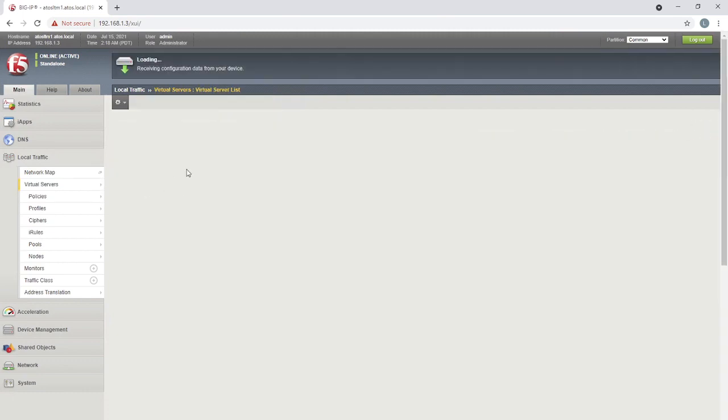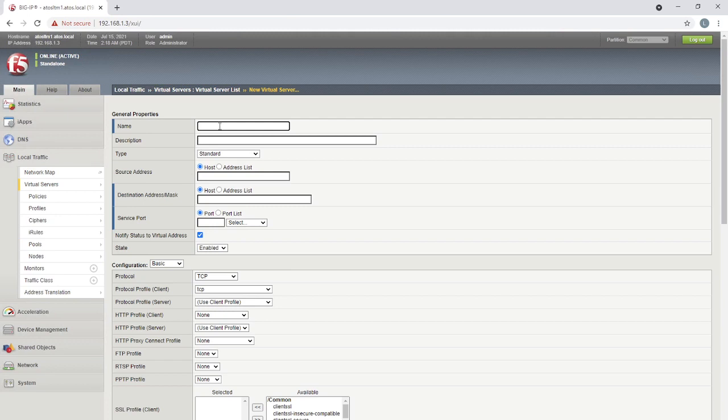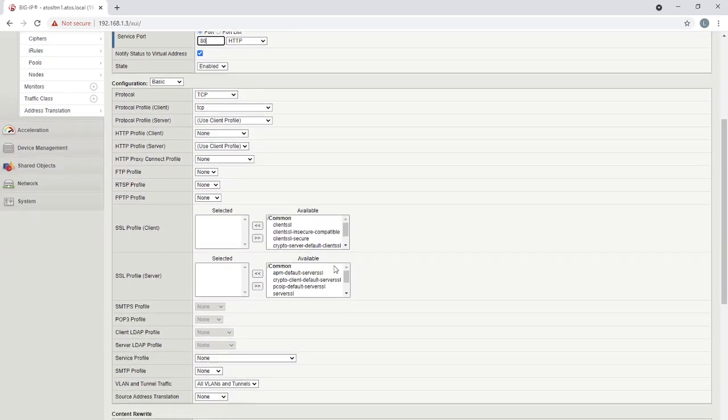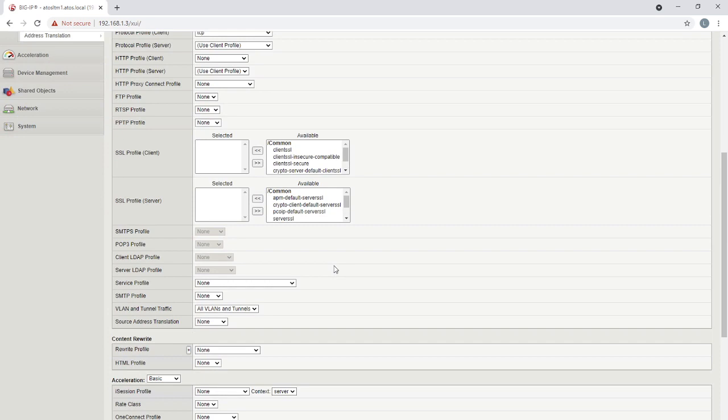Now the virtual server requires a name. Let me call this Ethos VS. That's the name I'm giving it. Which IP address does the listener have to listen on? I'll give it as 1.1.1.1. On which port is it going to listen? HTTP. So this is the IP my F5 LTM is listening on, and this is the port on which my LTM is also listening. Forget about all these options, we will see them one by one a little later.